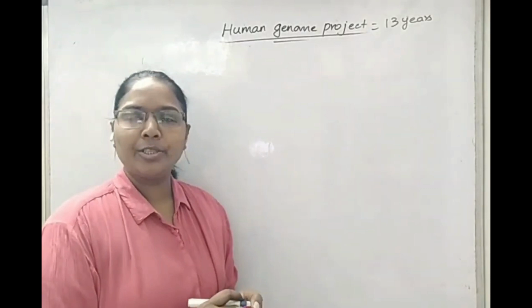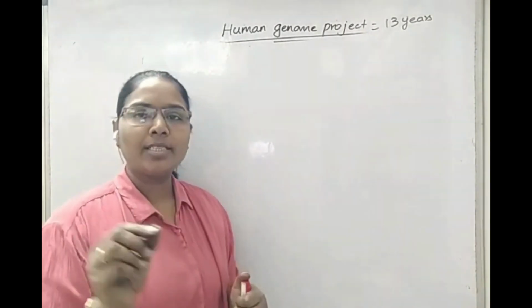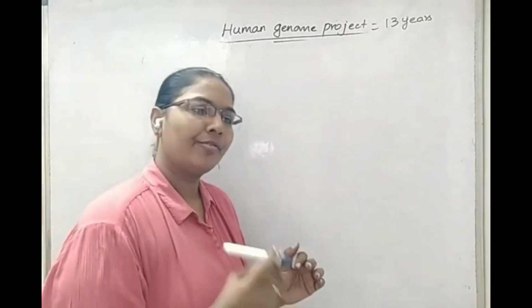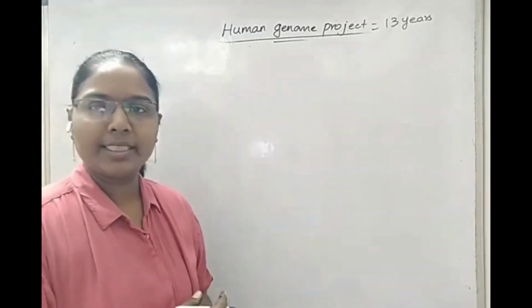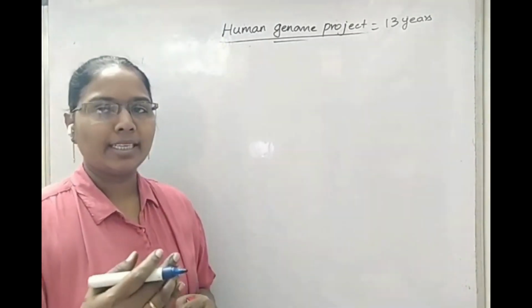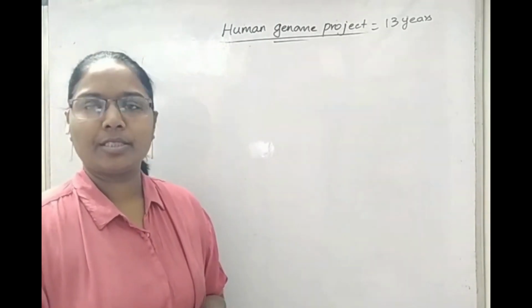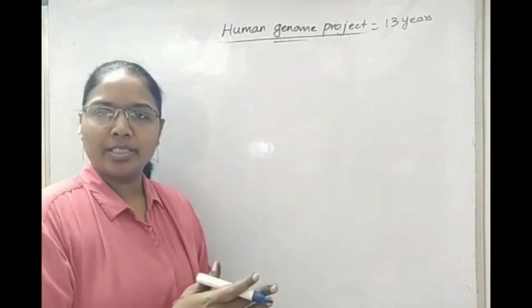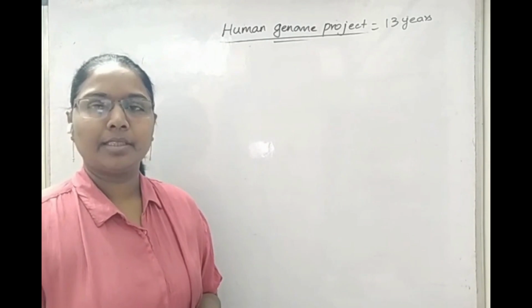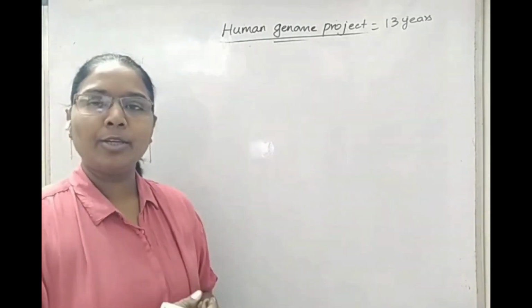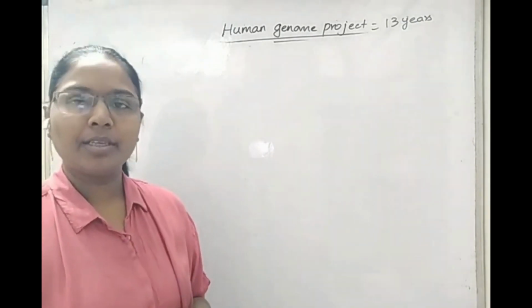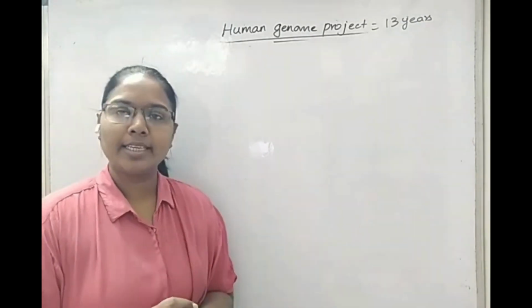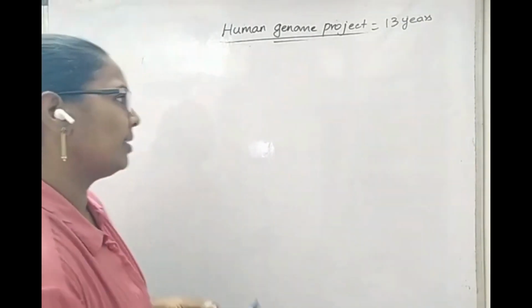In this Human Genome Project, when the sequences in the DNA have to be studied, first they will be incorporated into the host cell with the help of bacterial artificial chromosome or yeast artificial chromosome as vectors. So the DNA in the host cell gets replicated. Then after obtaining a sufficient number of DNA fragments, they are taken out and their gene sequence is studied with the help of Sanger's method.